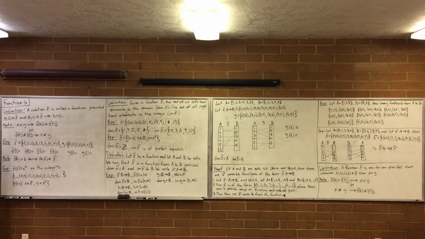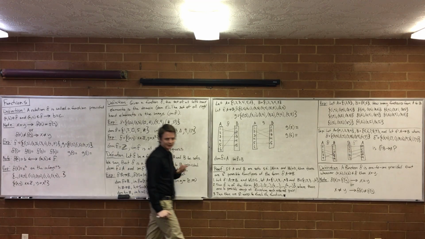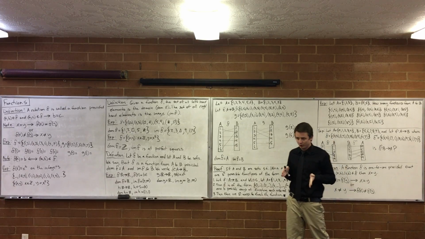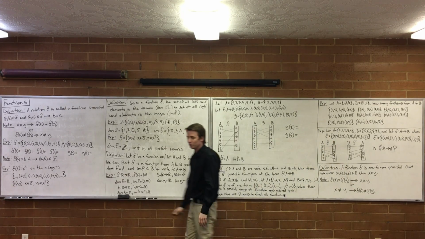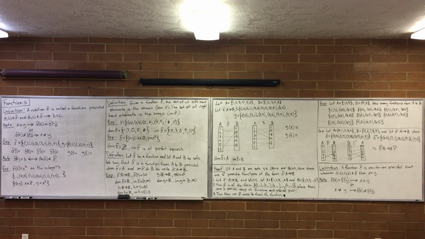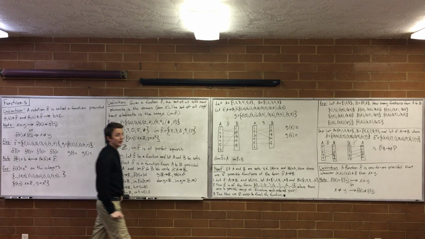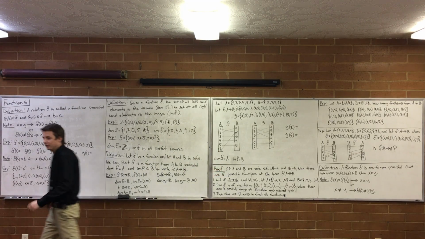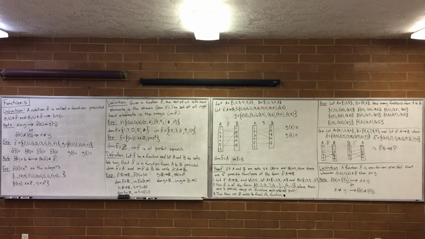That's kind of what you've been told, and there was something special that went along with that input and output. Every unique input has a unique output. Well, can't sometimes the output be the same? Yeah, you can get the same output for two different inputs, but I can't have the same input give you two different outputs. That was the notion of a function that you should be somewhat familiar with.